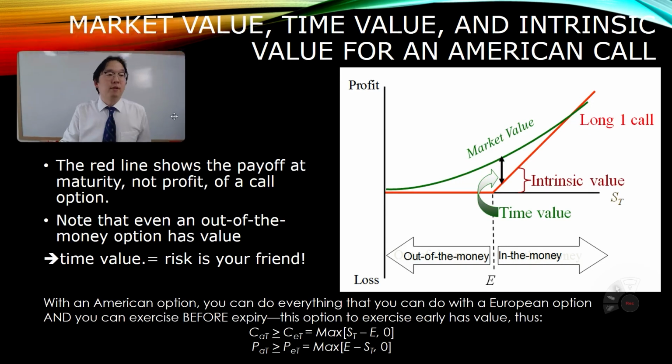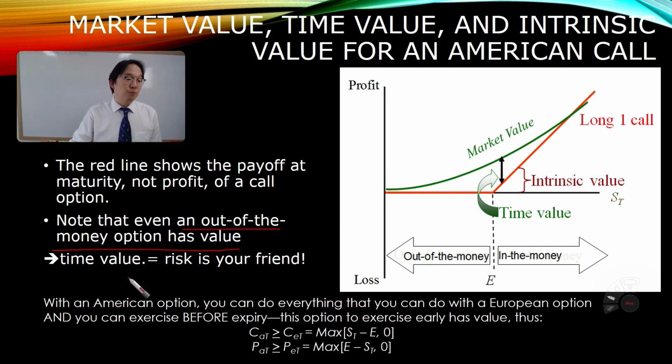Now, the market value, time value, and intrinsic value for an American call option. Well, the red line over here in the diagram shows the payoff at maturity, not profit, of a call option. Okay, payoff, right? Not profit. So we are not considering the transaction cost, the initial purchase price of your call option. Only the payoff, right? You see the profit if you are in the money, right? And then the intrinsic value of your call option will be like this, okay? And note that even an out of the money option has value before maturity,